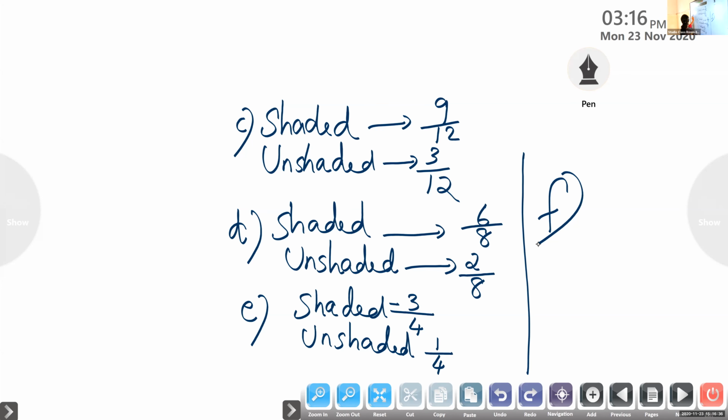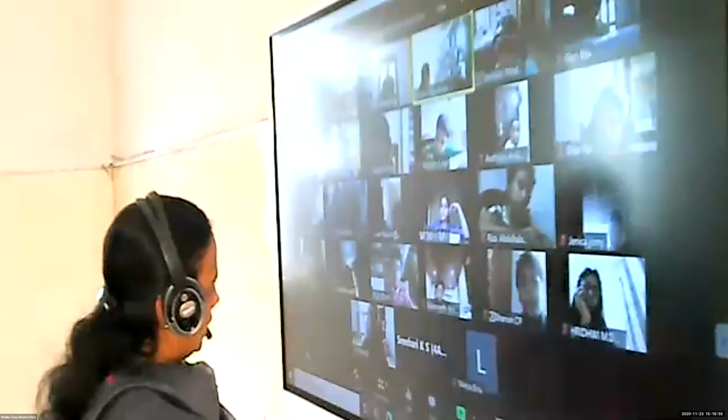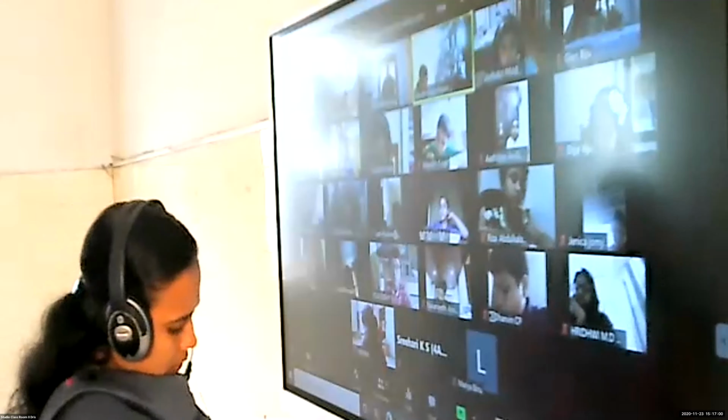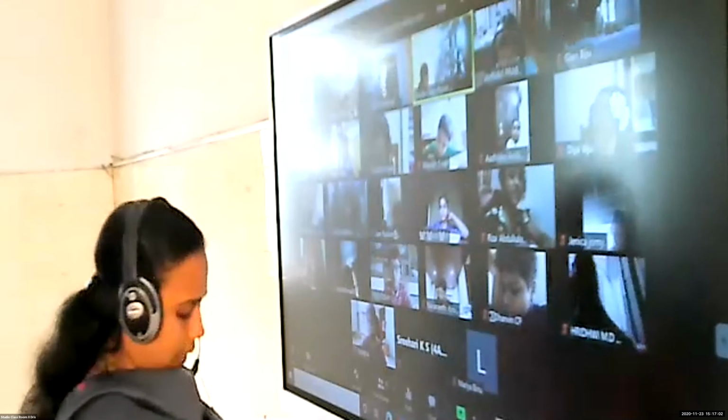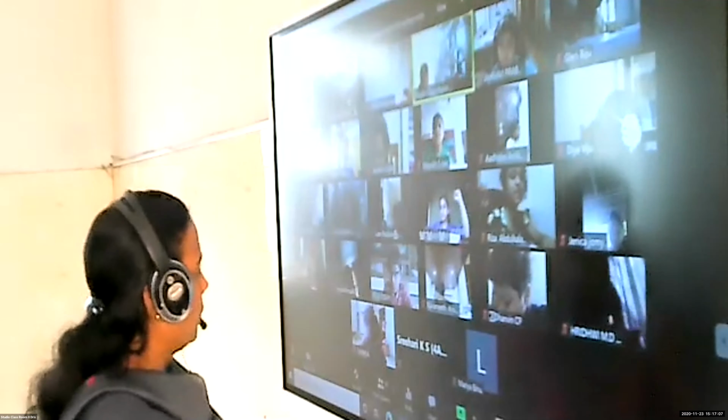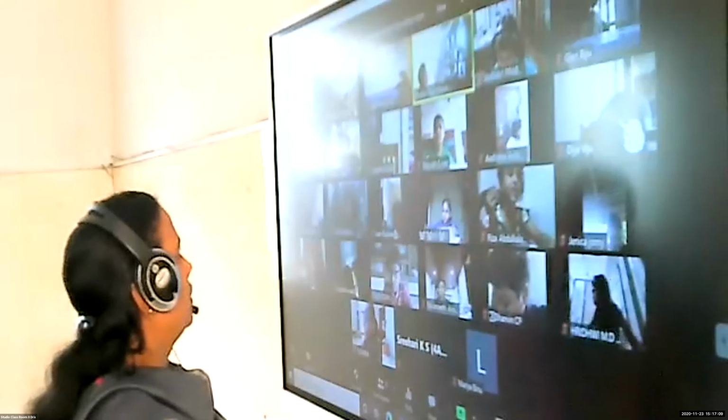Yes, Risa. I have no space to write. Not finished. Yes, you can do. This is very easy. No space for writing. So you can write only the answers, no need to write shaded and unshaded one below the other. You can write the answer of A together in one line, B, C, D like that. Shaded and unshaded both you can write in the same line. Yes, Kirtana, very good. She finished.